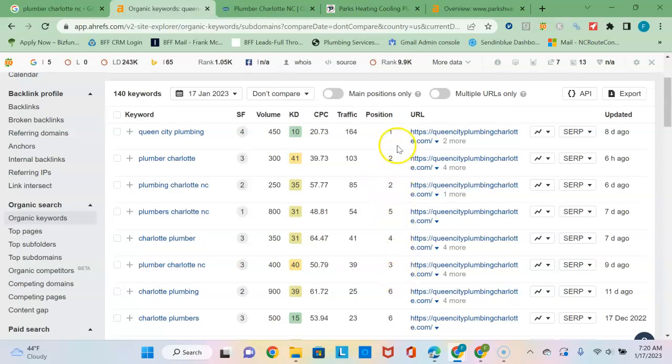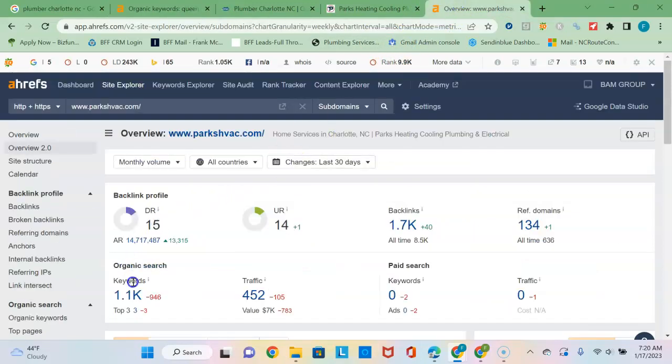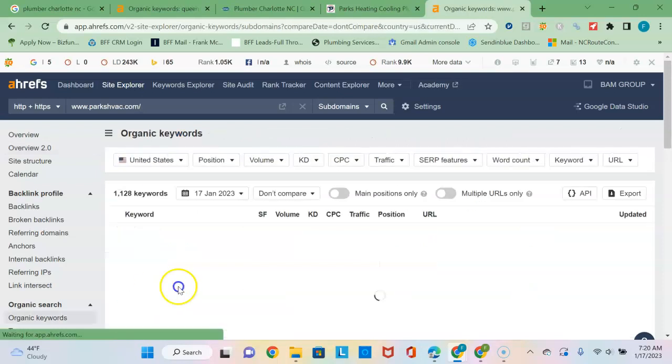So you could see usually there's 10 results on the first page. You could see that they are ranking on the first page every time. When I click over to yours, you actually are ranking for a lot more keywords than they are, almost 10 times the amount. But when I click on them,